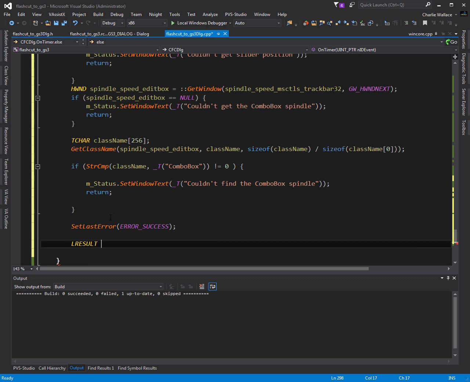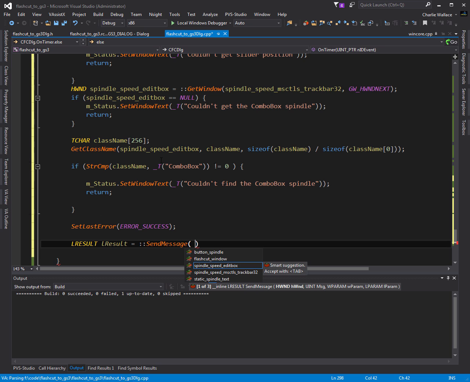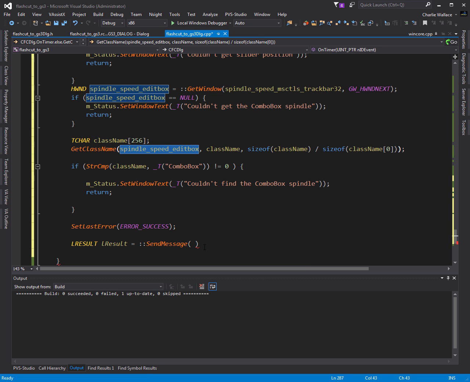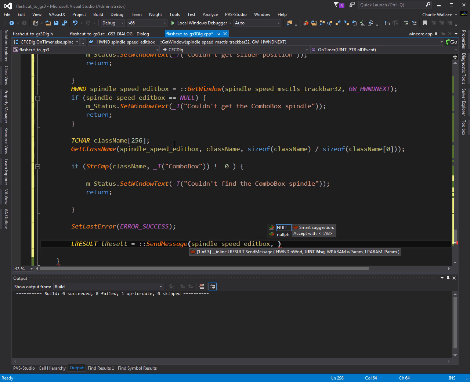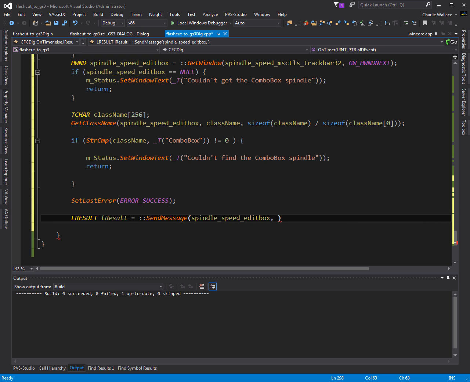If not, we shall make one. Okay, so we're going to send a message to the edit box. Well, it's actually not the edit box, it's the combo box, so we'll have to fix that in a second. Initially we were going to go down to the edit box, but we don't need to. We're sending a message saying please tell me what your text is, and then